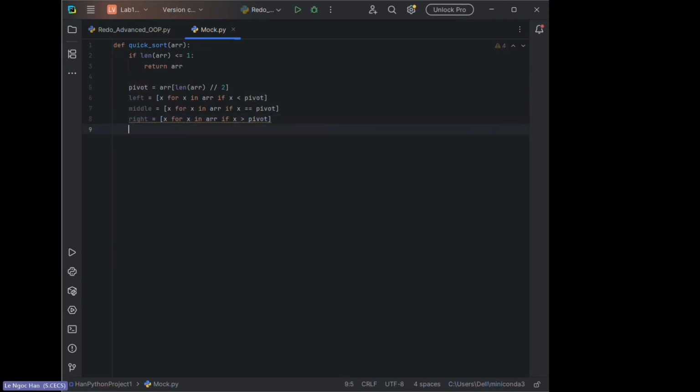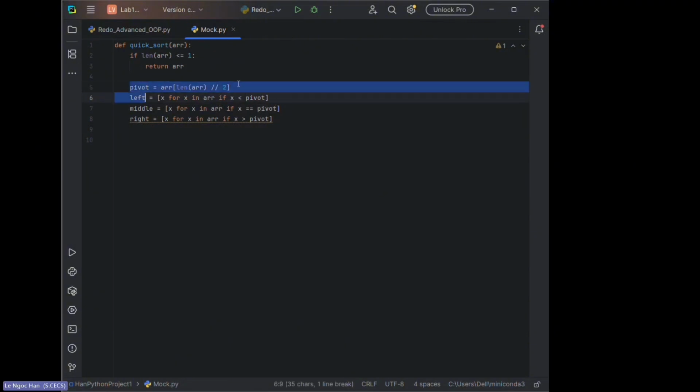Remember the slide that I showed you just now? So you create the lists. This is the pivot. Actually, I'm choosing the median, but you can choose any number in the list that you want. It varies. And then left is a list of elements smaller than the pivot, the middle is the elements equal to it, and the right is the elements larger than it. Okay, so I'm going to return